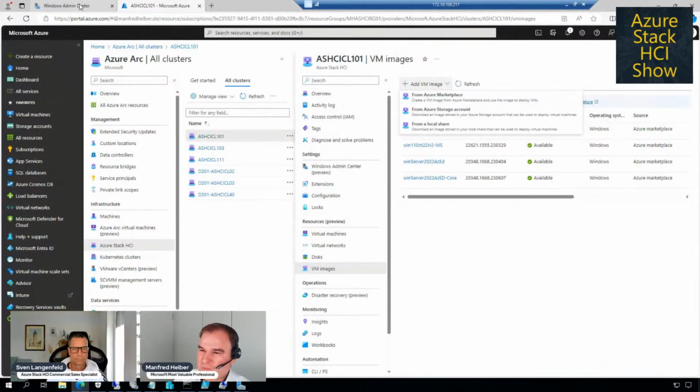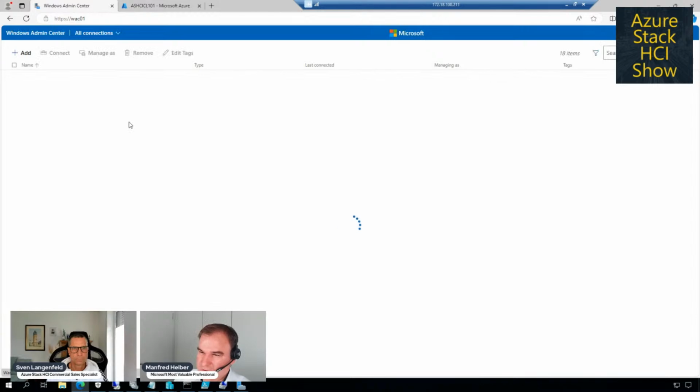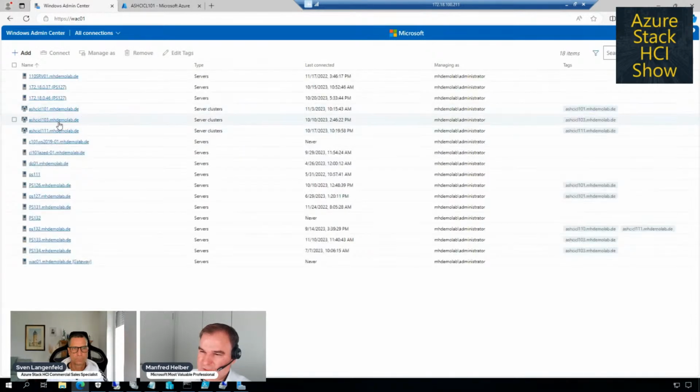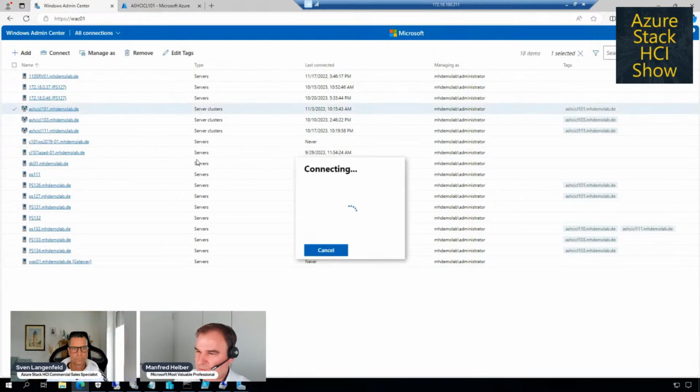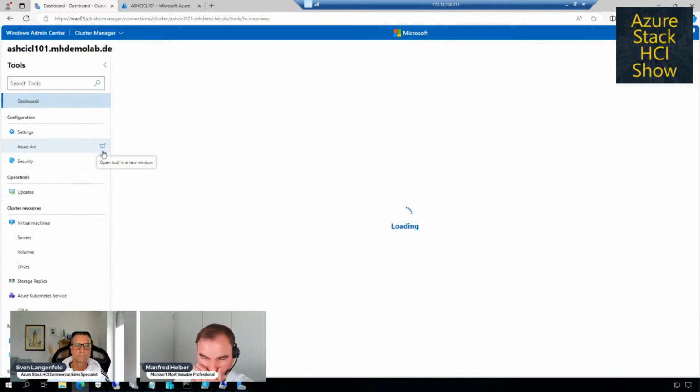Let's navigate to one of my machines. So for example, let's go to this cluster 101, and let's select one of the machines here via the Windows Admin Center. This is the tool where we had a look in the last session, so 2 weeks ago.